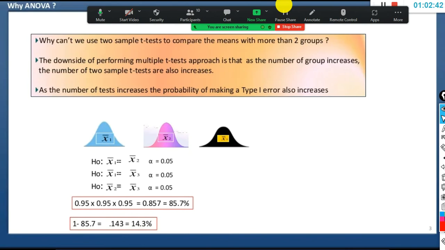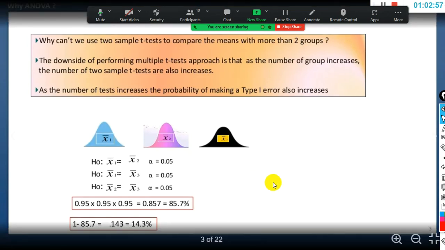And also it is time consuming, like Mukilan mentioned. You need to conduct three different tests. But in the case of Anova, only one test is enough. You don't have to run three tests. Fine. In the case of the Anova test,